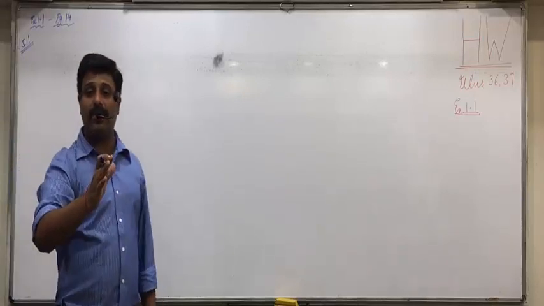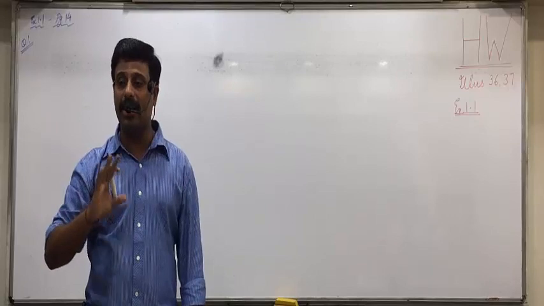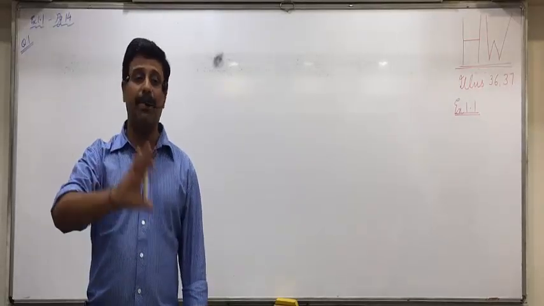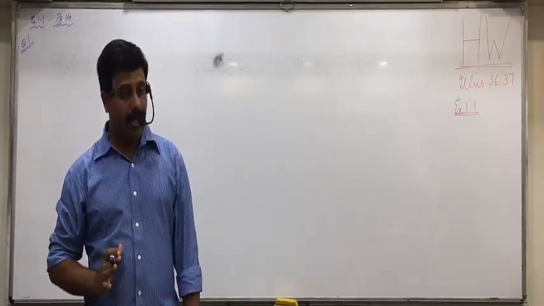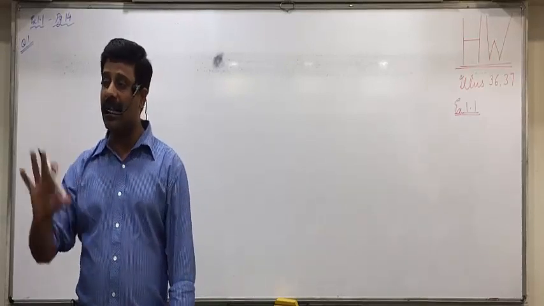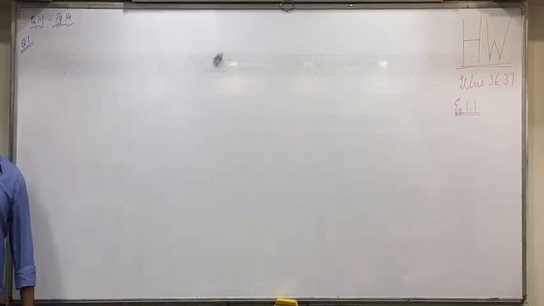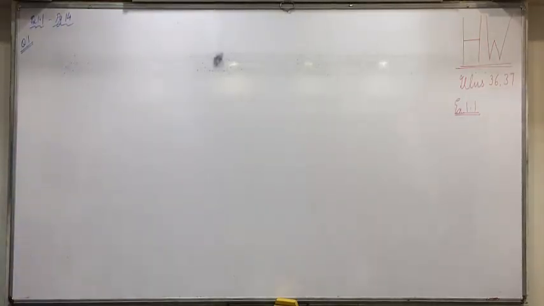From exercise 1.2 onwards, we have been finding the probability. Here one step less is there, probability is not asked. Only sample space and events are asked. So we find sample space and events, then we used to find M, N and probability also, that is not asked. Only sample space and events. Like in question 1, state the sample space for the following random experiments. Only sample space is asked.